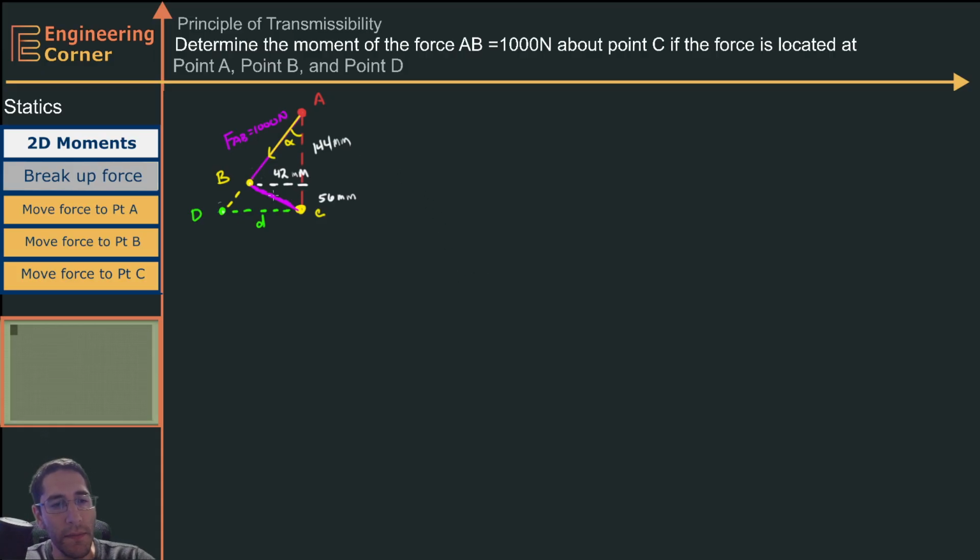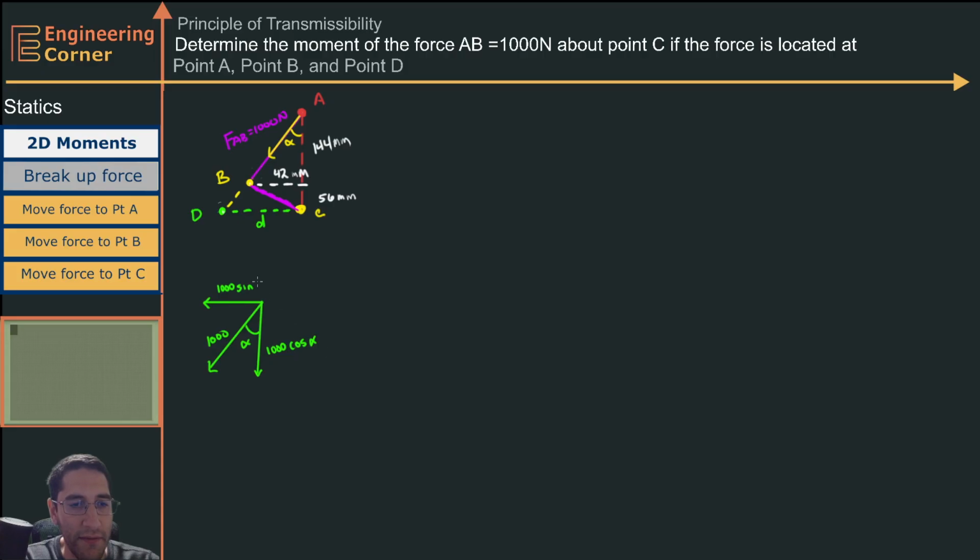Now, the first thing I need to do is break up this 1000 Newton force into its x and y components. So when we do that, let's look at this. I'm calling this angle right in here theta. And my 1000 Newton force is going to the left and down. So I'm going to have two components, one that points to the left, one that points down. This one is going to be 1000 times the sine of theta. This is going to be 1000 times the cosine of